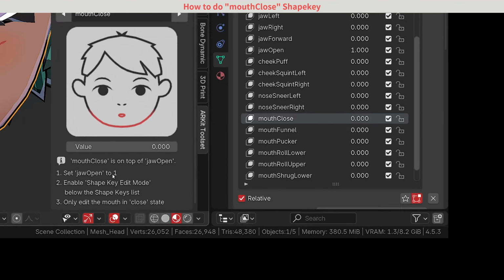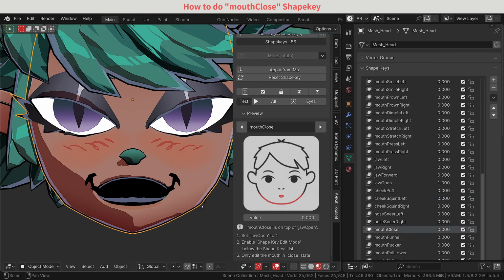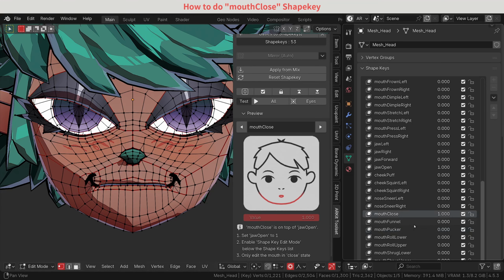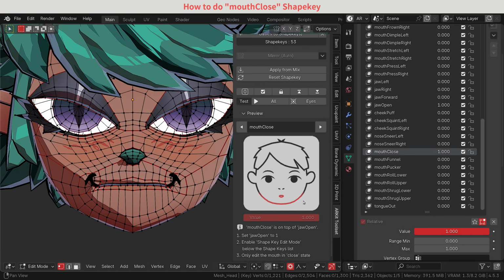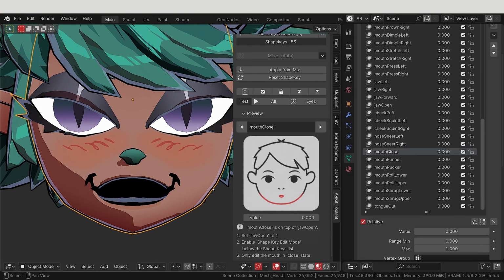Enable it. Then only edit the mouth in closed state. Here, I've already done it, but yeah. So you have to edit while you are in jaw open state. Once it's done, don't forget to disable this one and go back to 0.